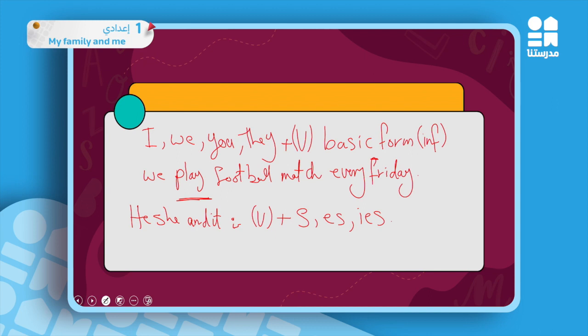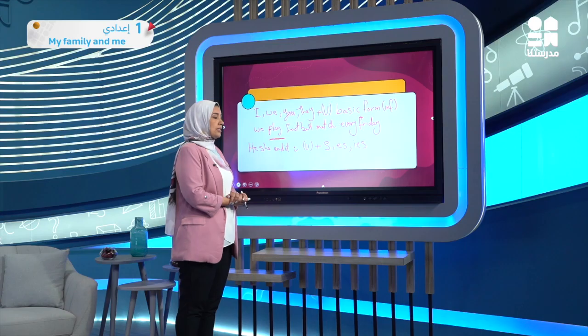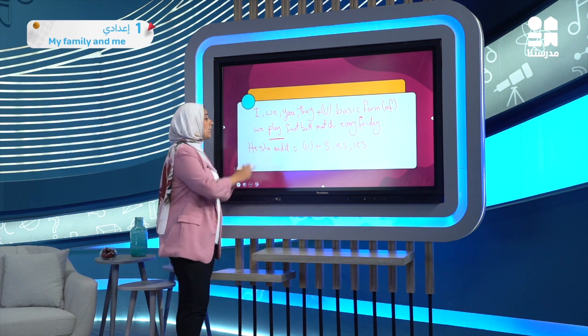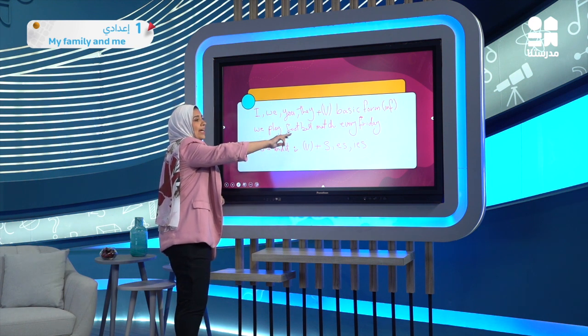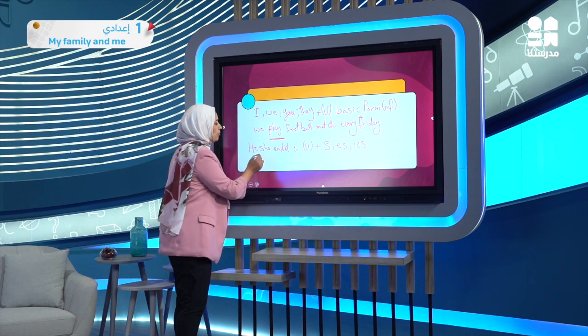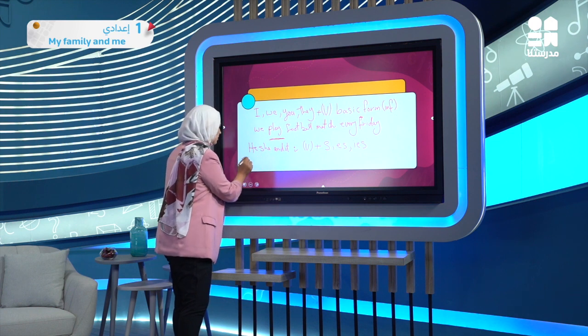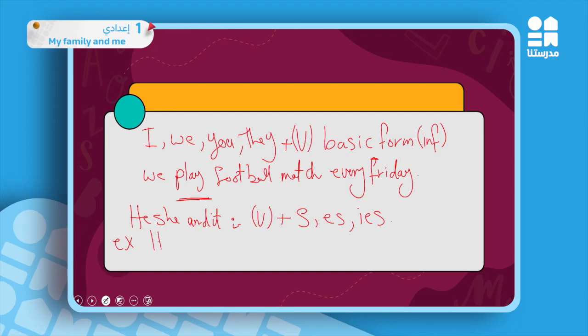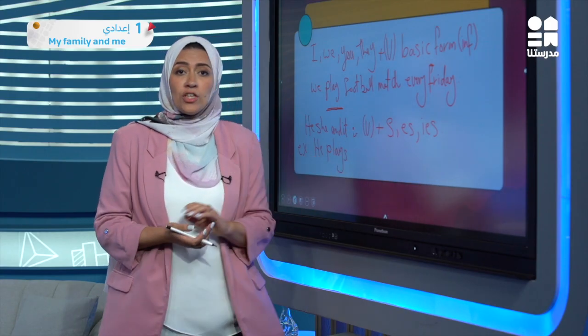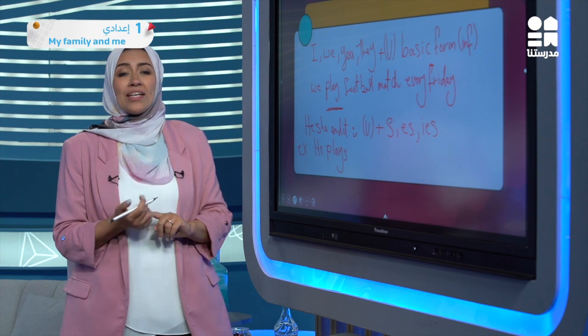For example, I can say he plays the football match every Friday. He plays. When should I add es to the verb? I can add es to the verb if the verb ends with